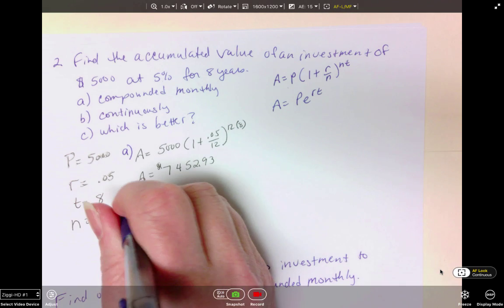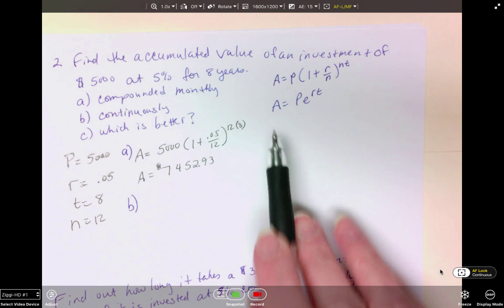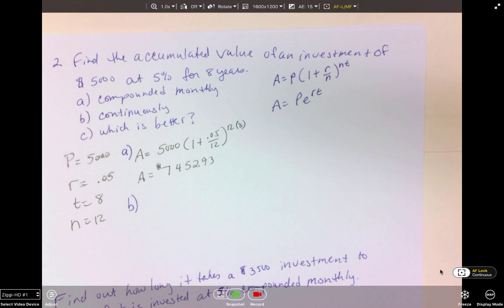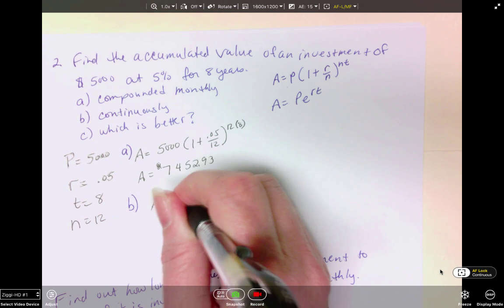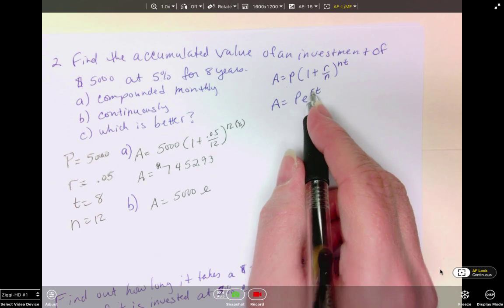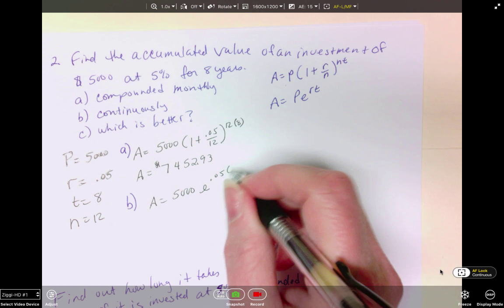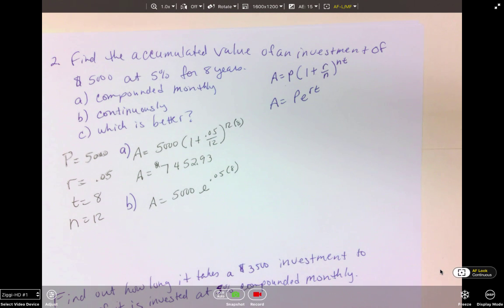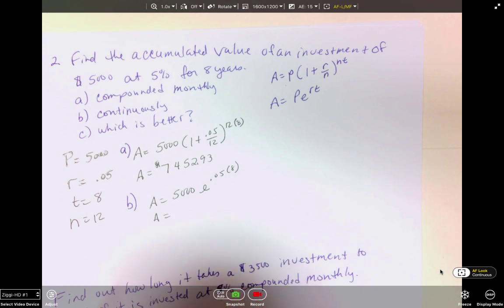Now we need to do part B. So in part B, we're using continuously. So continuously, we're going to use our PERT formula that's right here. So we have our A is equal to our principal, which again is $5,000, times e to the r, which is 0.05, times t, which is 8. So when we plug this into our calculator, we will get A is equal to